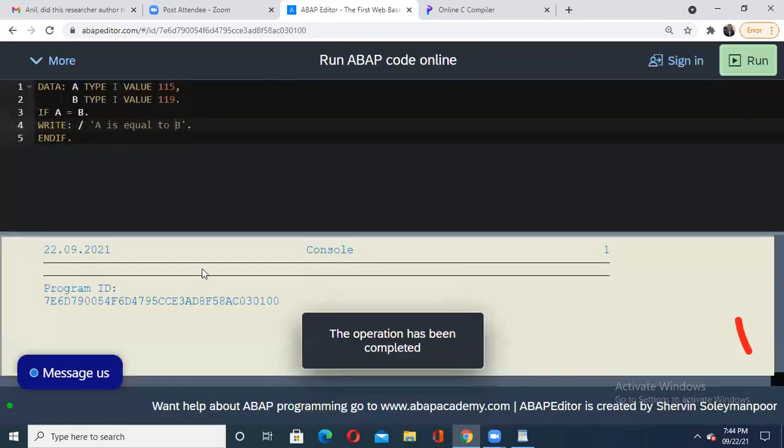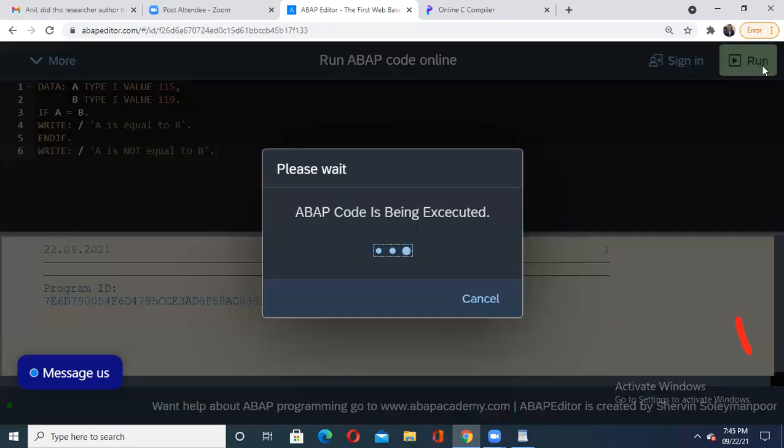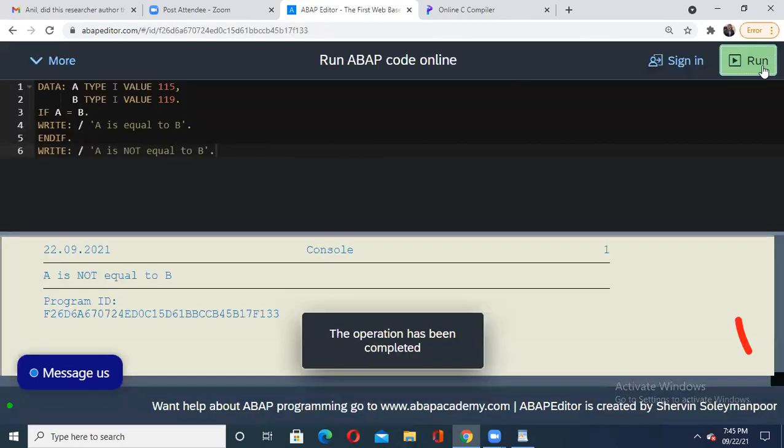We are not getting any output, which means our if is not executed here. What we'll do, we'll write one more statement for our understanding, so that we get an idea it is really running. If A is not equal to B, let us print A is not equal to B. A contains 115, B is 119. See that I'm getting the answer A is not equal to B.